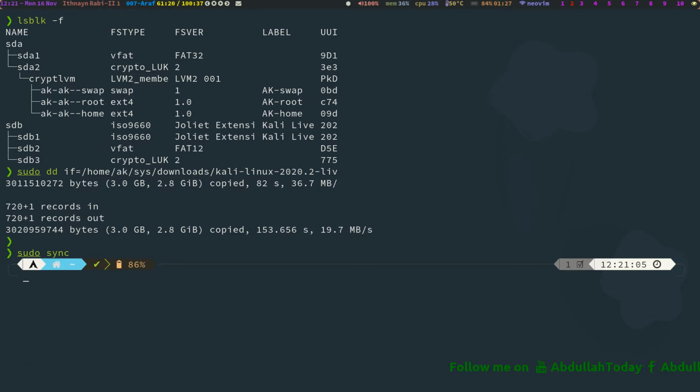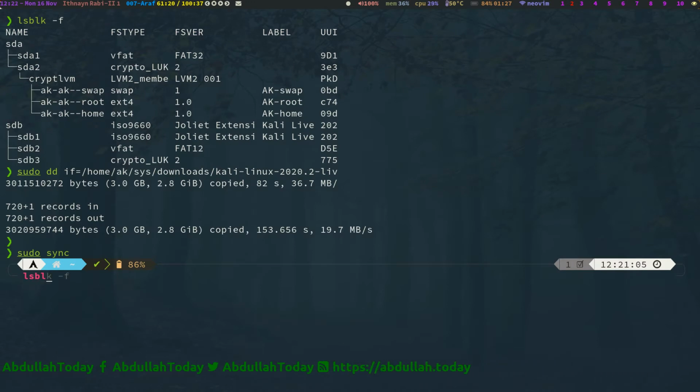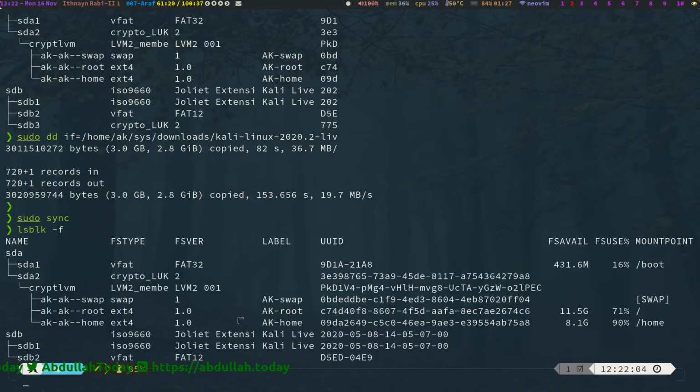So first of all we want to create another partition on this USB drive. Here you can see there are two partitions. So let's create another partition. I am using fdisk, and here I mention the device, the USB drive, which was sdb.